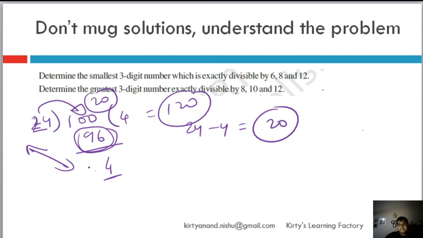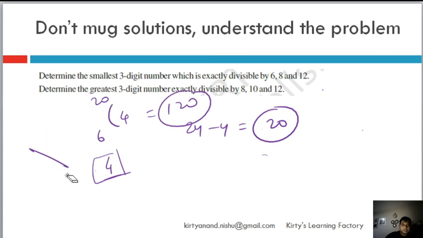But instead I have created a method where I am just asking students to mug up that, okay, you get remainder as 4, so you subtract 4 from 24 and then you add it back to the divisor. So understand why it is done. That's the logic. So obviously if it is asked that do it for the 8 digit number and things like that, you should know why. It is just a back-end settlement which we are doing here. It is just about finding the multiple of 24. That's all.